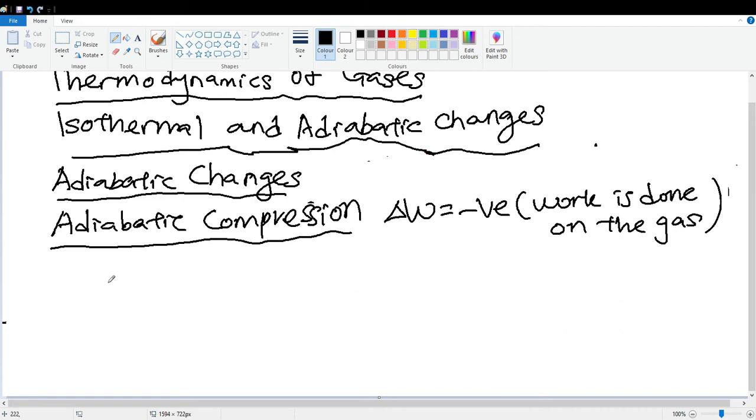Based on the first law of thermodynamics, Q is equal to the increase in internal energy plus the work done by the gas. Since my Q is 0, I can conclude that